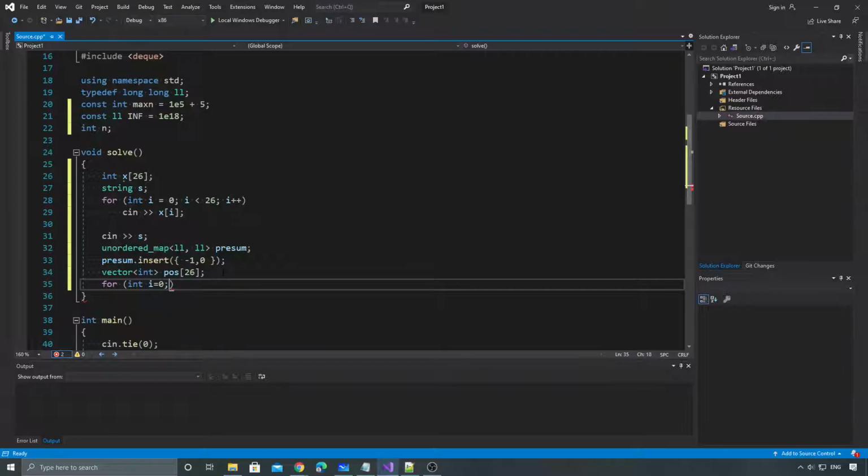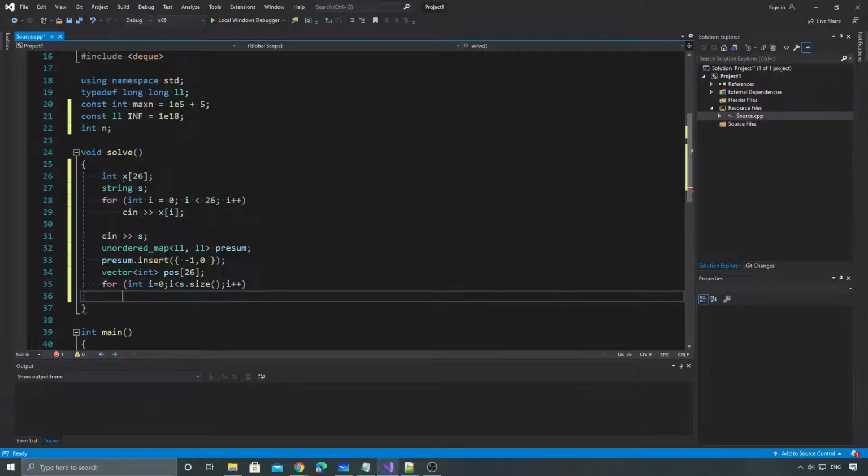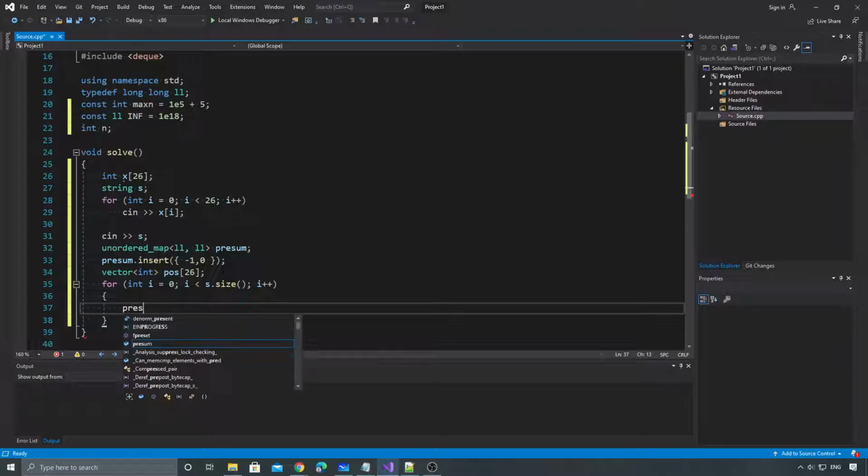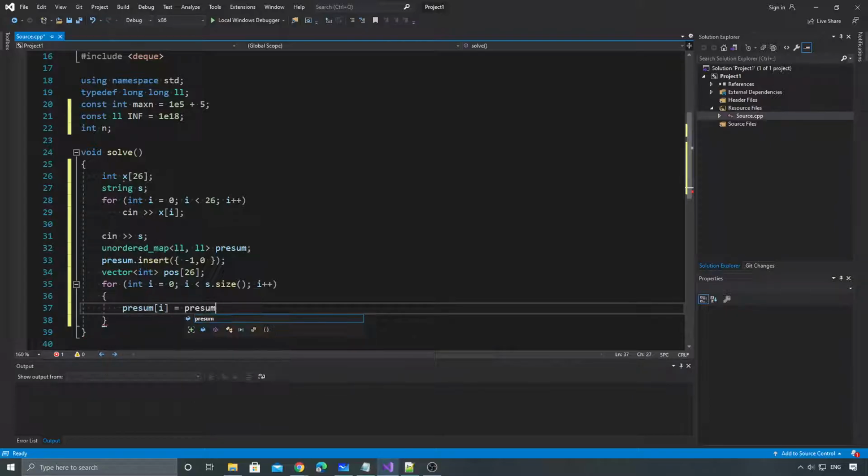So i smaller than s.size, then i plus plus. So first, the presum, right? The presum[i] equals the presum[i-1]